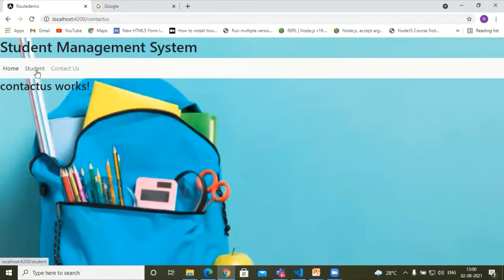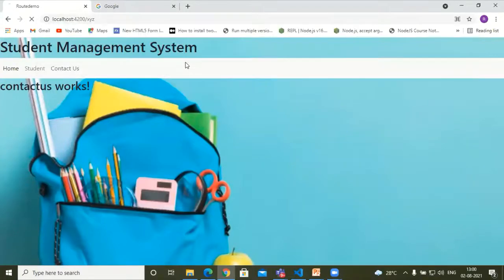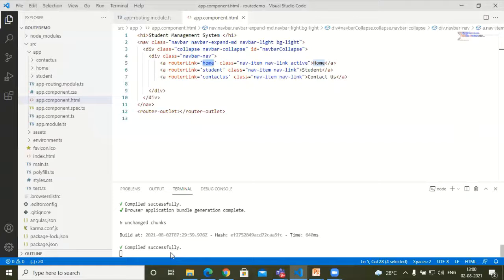Yes. So now, as soon as you click on student, it will check which routerLink is given and which component needs to be loaded, and accordingly your component is loaded for this particular page. Now let's assume instead of this, my user has typed the XYZ page, which is not available, and it is not showing me the proper message also. So how are we going to do that? We will be adding here a new component. So ng generate component, which component? The not-found component.